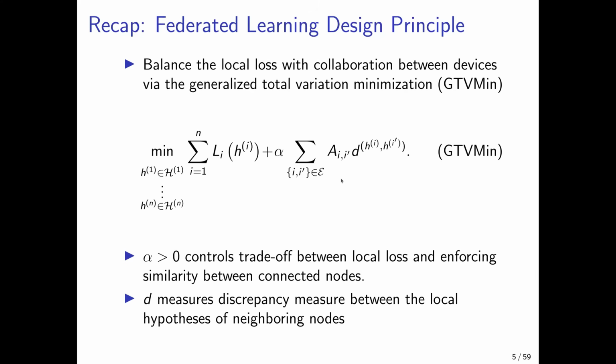And this term then enforces similar nodes that are connected to have hypotheses that behave similarly. So this D is here some general discrepancy measure. And for instance, for a parametric model, this could be the distance between the parameter vectors measured with respect to some norm. And this parameter alpha here controls the trade-off between the local losses and this second term enforcing the similarity between